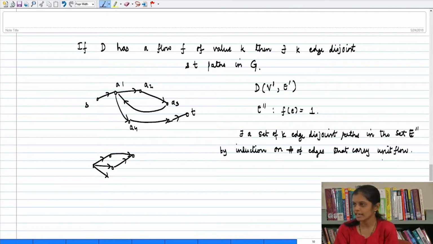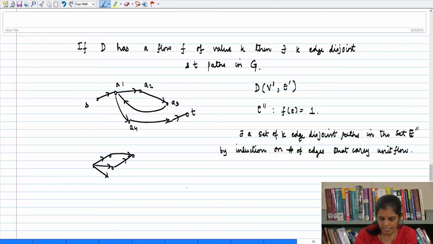So for the base case I will take a very simple thing: if I did not have any flow, that is there were 0 edges that carry unit flow, then I have nothing to show, and therefore the base case is established, right? Now, if I have a non-zero flow, I will do the same technique that I was doing earlier, that is I will start from S and start extracting this path. If I am lucky enough and if I reach T,